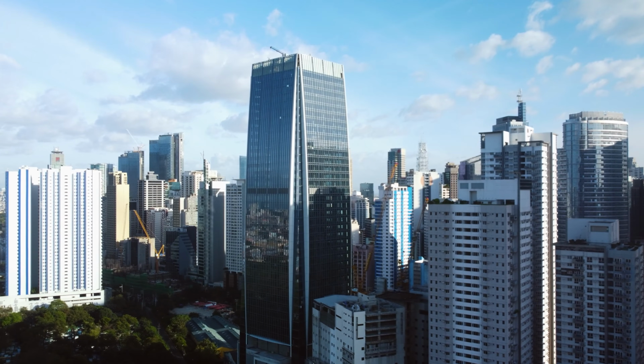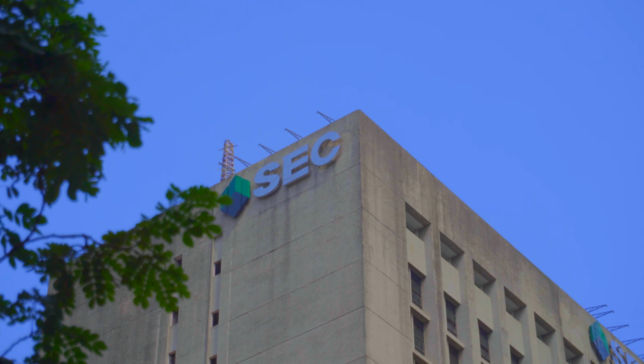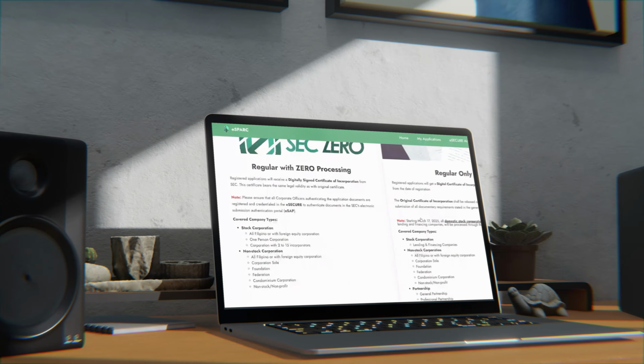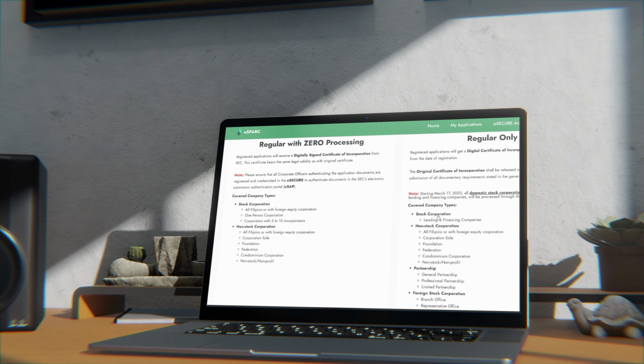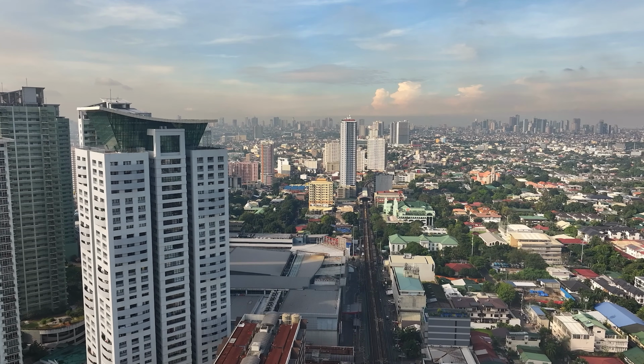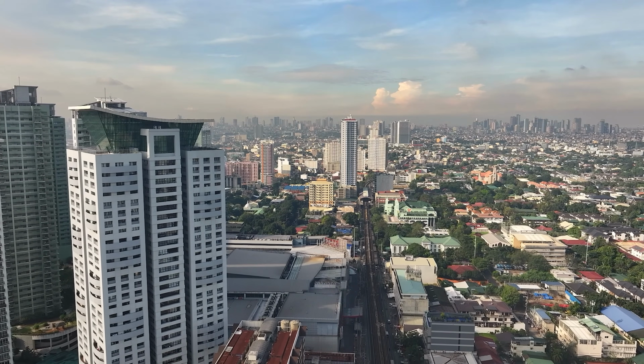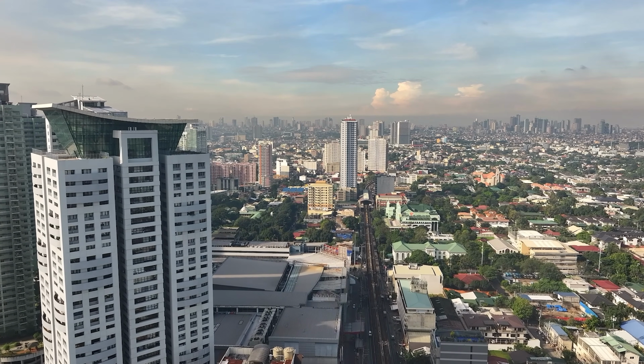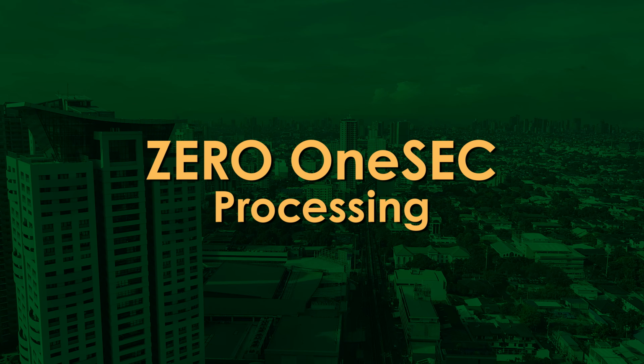Registering your corporation with the Securities and Exchange Commission can now be done anytime and anywhere with a super easy registration online or SEC Zero. Registrants of domestic stock corporations with all Filipino incorporators, including one-person corporations, may choose between zero processing through one-day submission